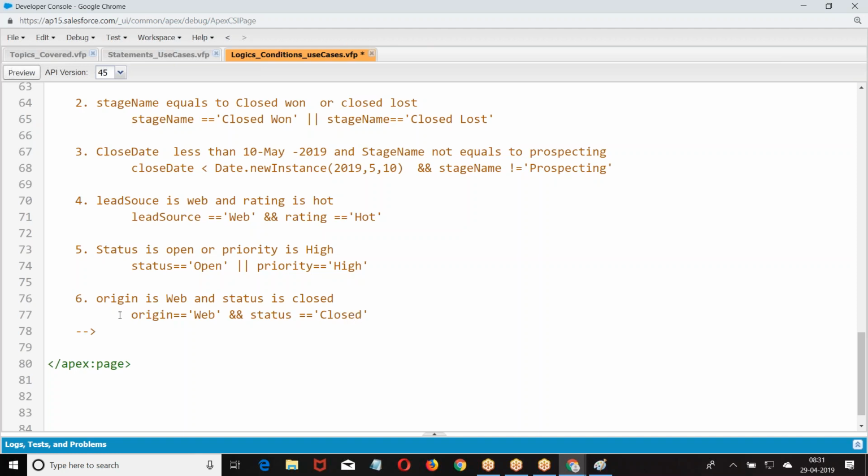We are just making a combination of the conditions.